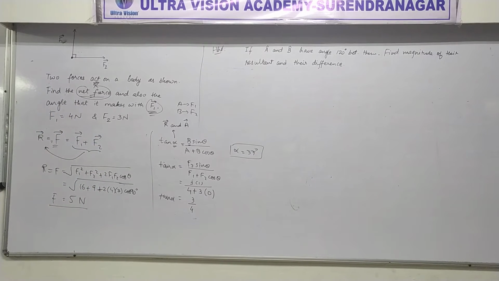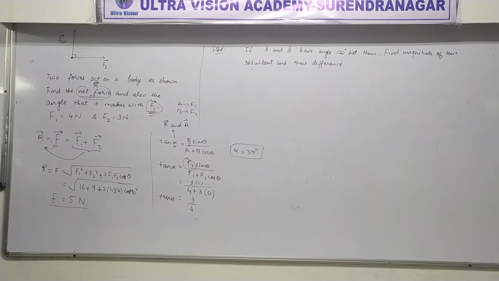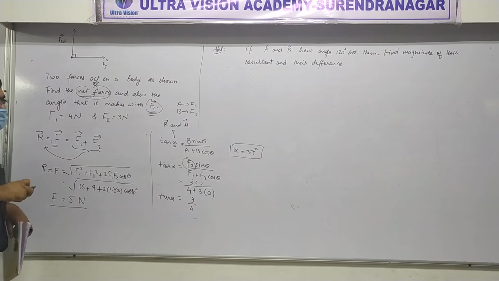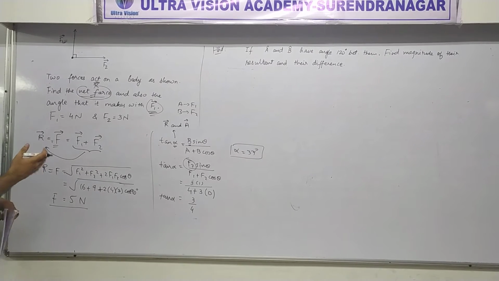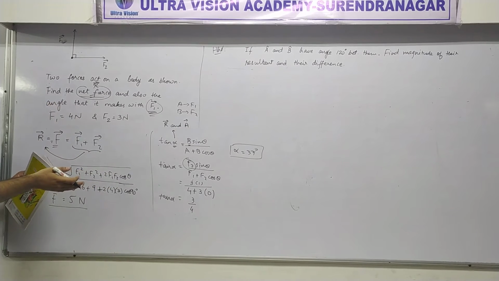You have put F by mistake. That is F2 here. This is F2, not F. That's why it will be 3, not 5. Understood? Okay, so tan alpha is 3 by 4 or the angle is 37 degrees. Got it? Yes. Now, frankly, for this particular question, this is too much.